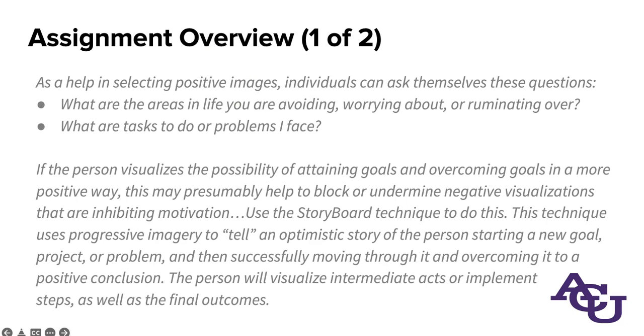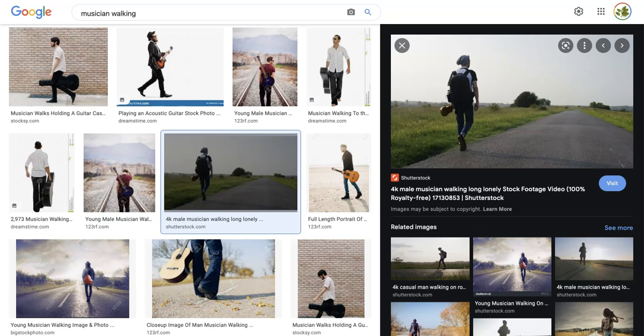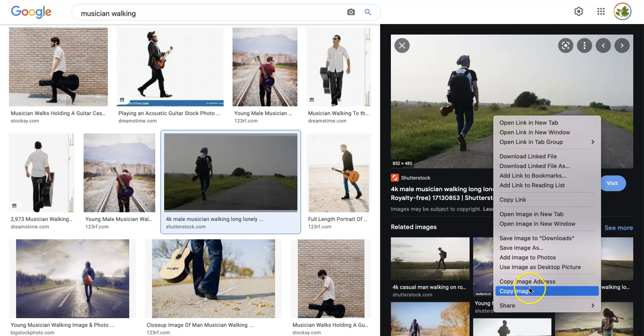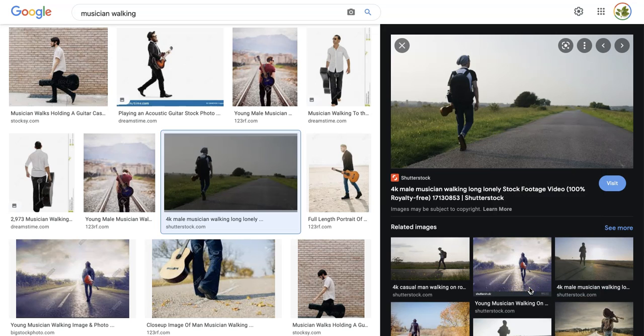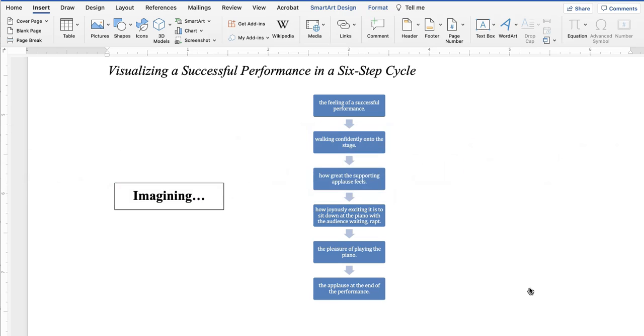Let me show you an example here. So let's say you want to go with the visual storyboard angle on this and say, okay, I need a couple pictures. So I've gone to Google and I search for musician walking, and I'm like, oh, okay, this will do for what I need for my visual collage here. So I'm going to copy that image, and then in Word,